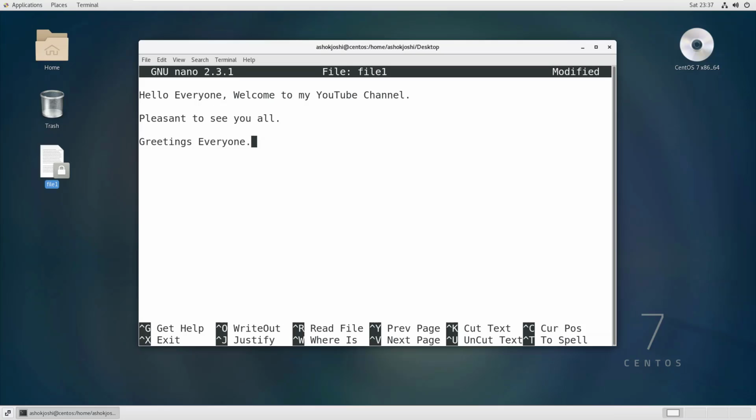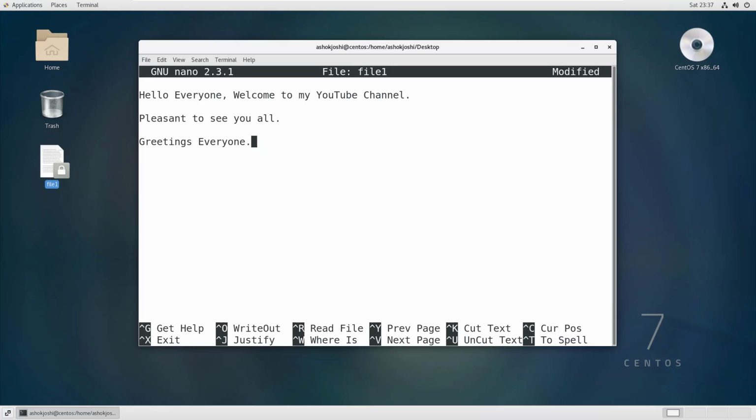Now there might be some scenarios where you will have to insert the entire content of another file into this file. So how to insert the full content of another file which exists somewhere else, where you just want to import whatever content is inside that file?